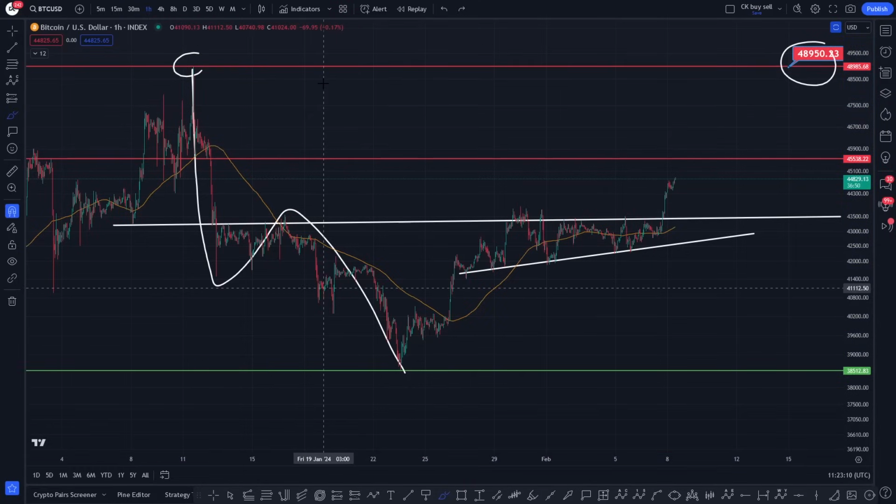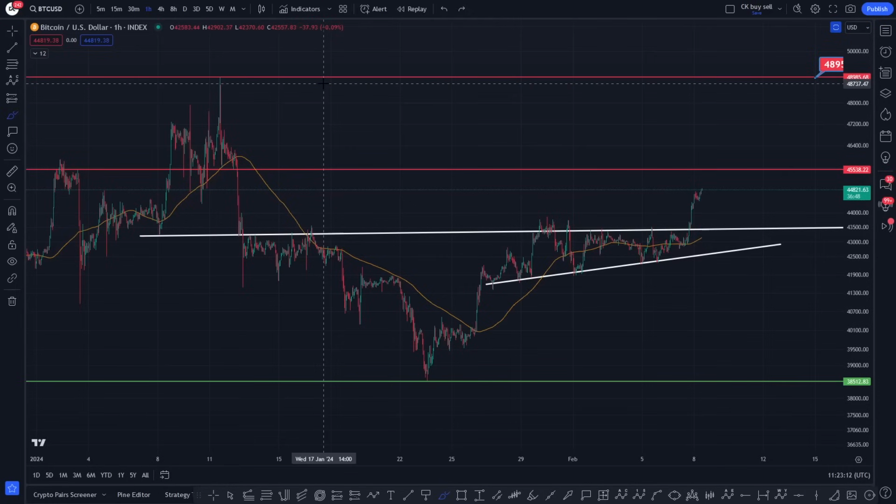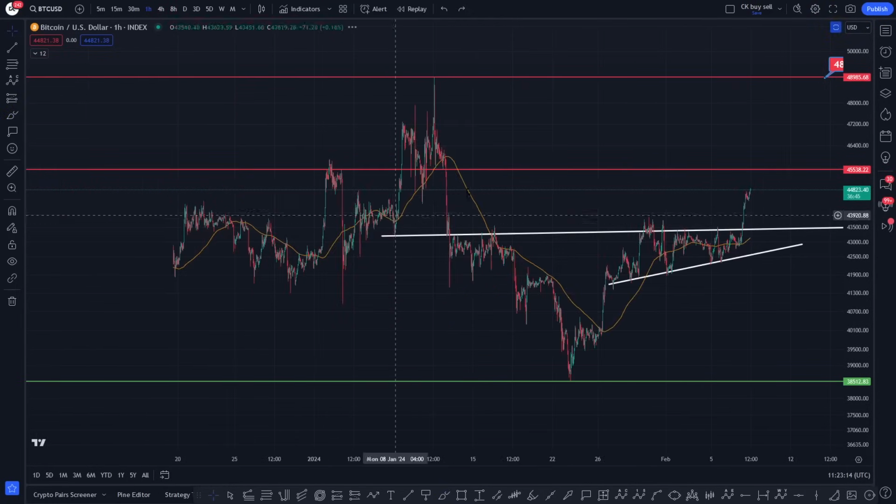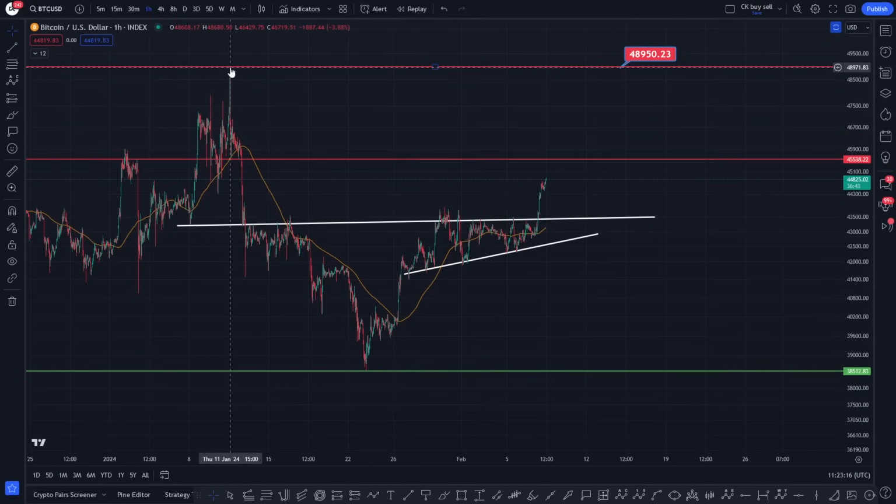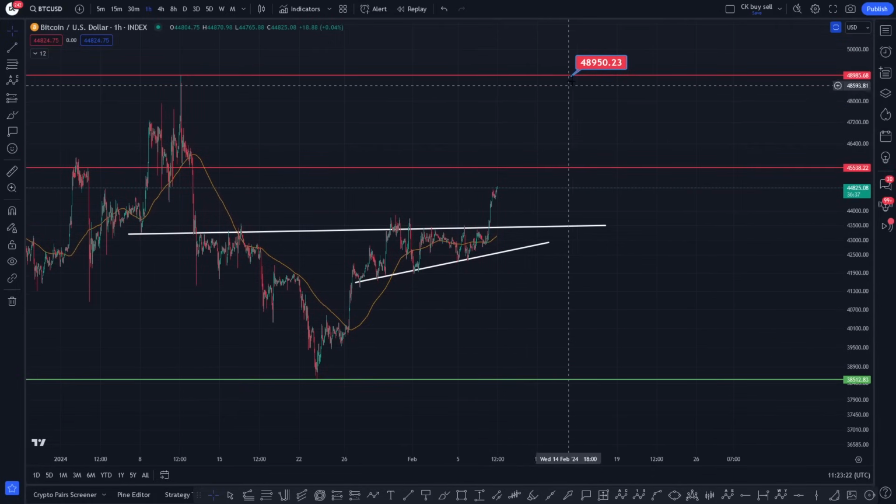So where could Bitcoin go to if we're not in the big ABC zigzag correction right now for Bitcoin? Okay, absolutely possible, and this was merely a 20% ABC zigzag within a massive third wave here, and I've gone through this count with you. Okay, so if we take out this local high, wow, Bitcoin could absolutely go vertical because it's doing something it's done before, and I'm going to show you exactly what it is.